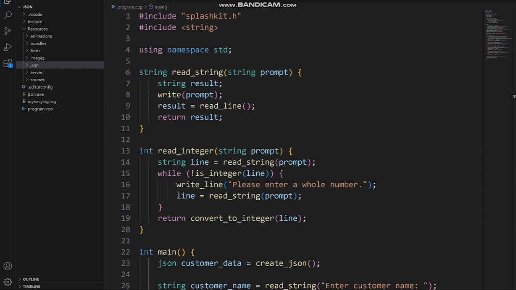Let's start with an overview of what our program will do. The program prompts the user to enter customer details such as their name, age, email, and phone number. It then writes this information into a JSON file. After that, it reads the data back from the file and checks whether certain keys exist, allowing us to handle